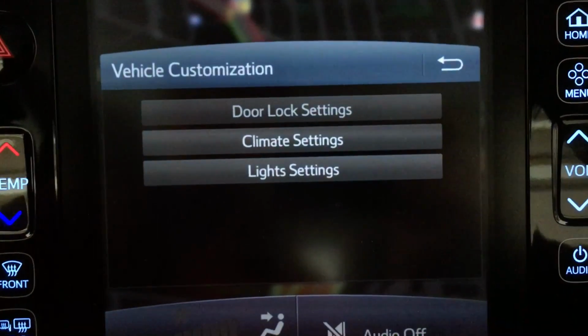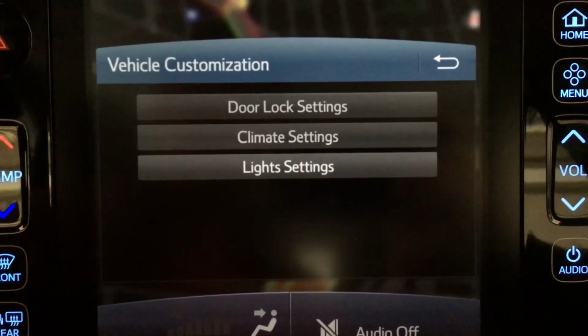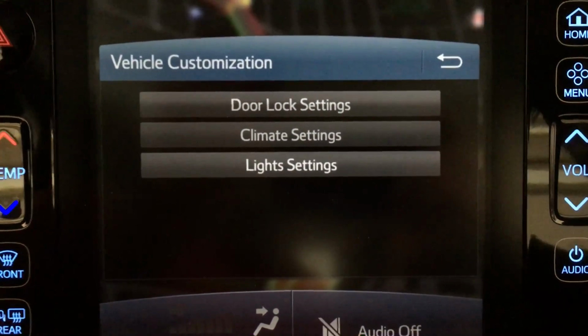And it's a little deep to find, but these are very useful settings for you to know and customize based